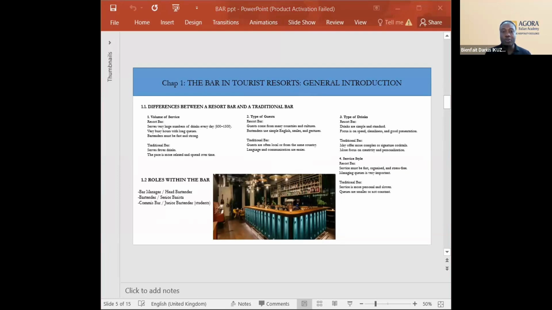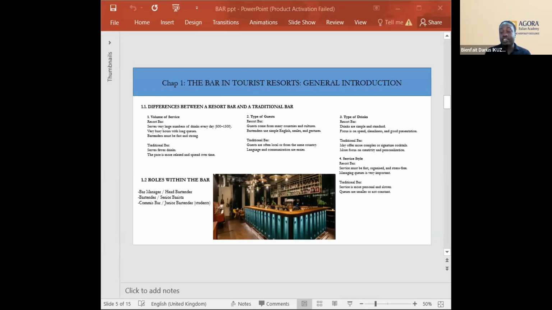So when we talk about resort bars, we serve from 800 to 1,000 people. So we really serve a high number of people. And from those, you have to make more or less 150 to 200 drinks per hour. So it really needs strength and power. But I really hope everyone who comes here will be able to manage the stress from all this. And the bartender has to maintain the speed and the stamina.